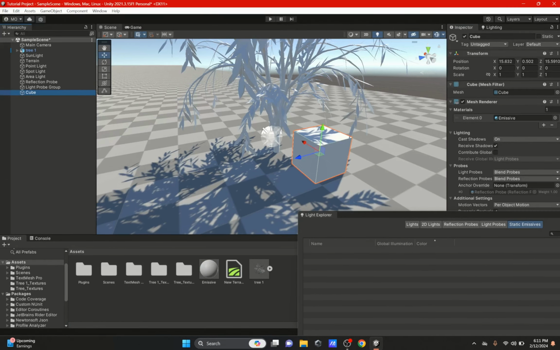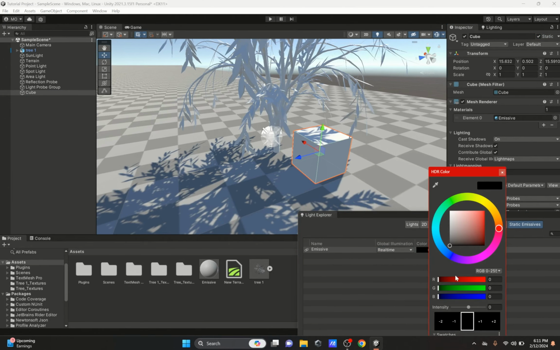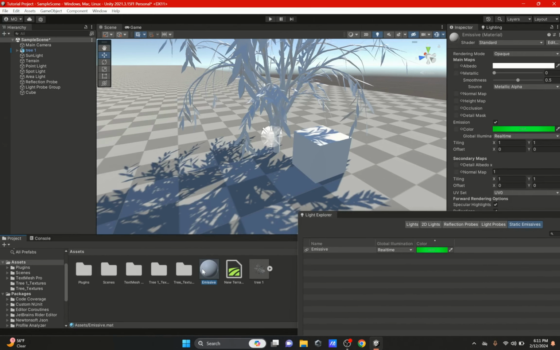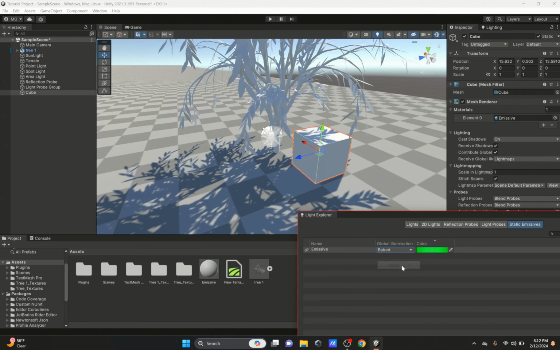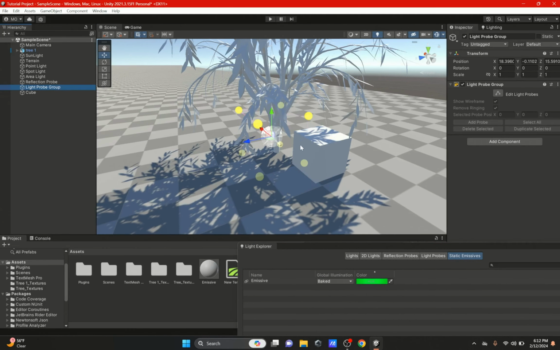But if you go to the cube and you hit static, it pops up, and you can have it baked or real time. And then you could also change the color. So we'll just have it like a green color and increase it. And if we go to our emissive material, you can see the color was changed. And right now it's at real time. But for this, we're going to have it at baked,